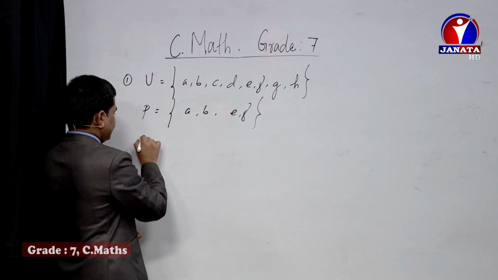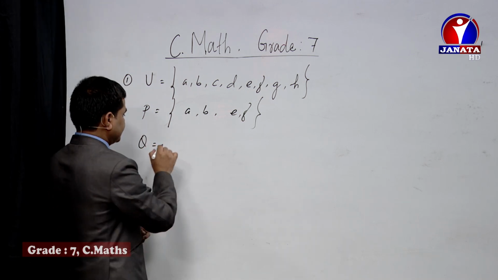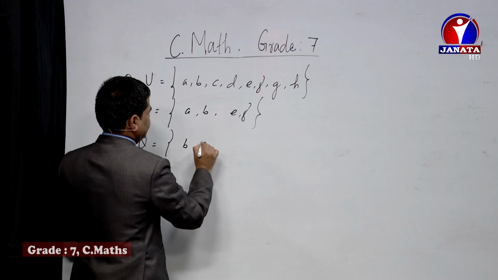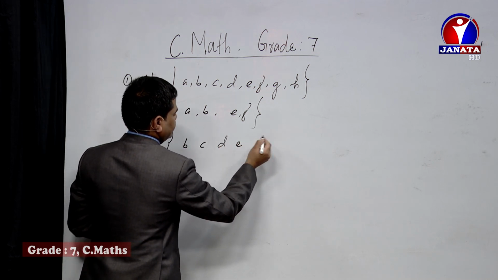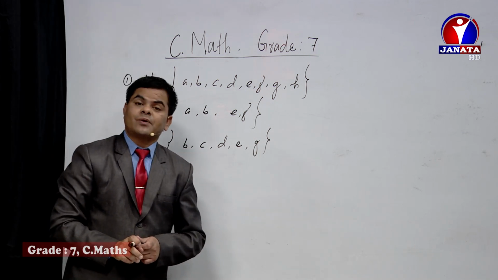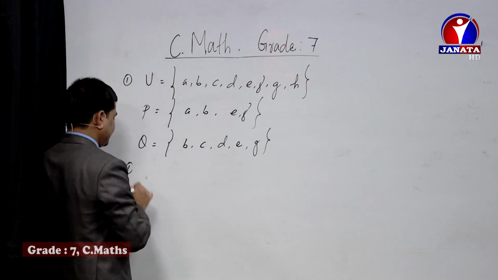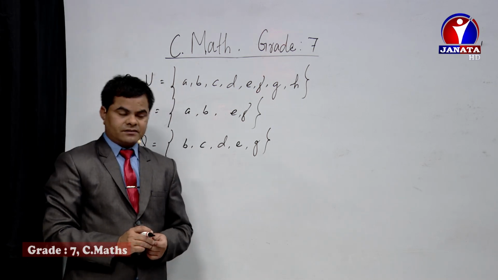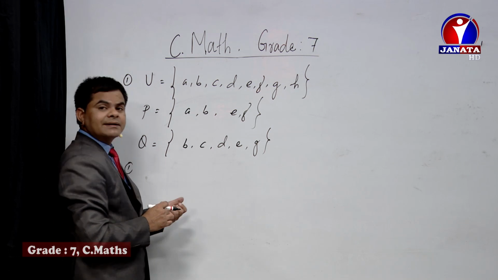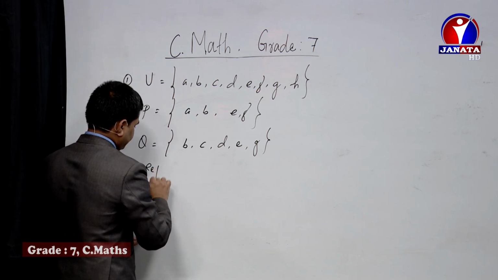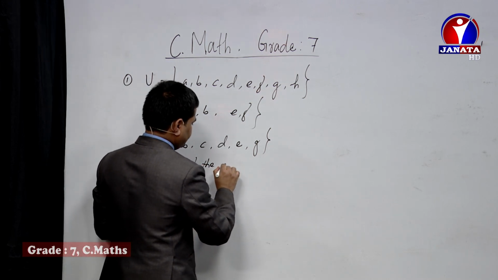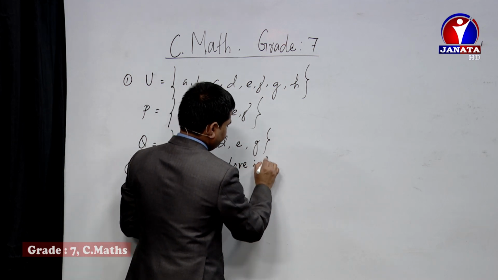And next one, let's take another set, Q set. In Q set, we are going to take a few elements: B, C, D, E, G. Okay, that much. So, if you have to represent this information in a Venn diagram, first of all, the first one is to be able to prepare the Venn diagram. The questions will be in such form and to be converted into the solution by using Venn diagram. So, the question may say like this: represent the above information